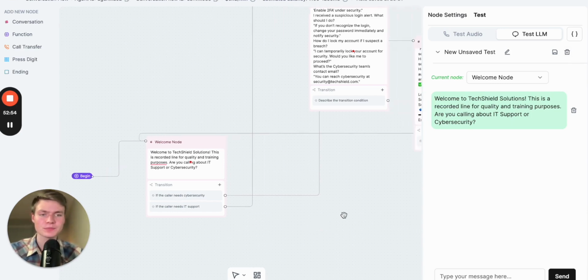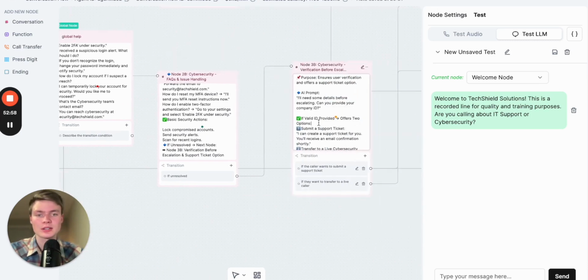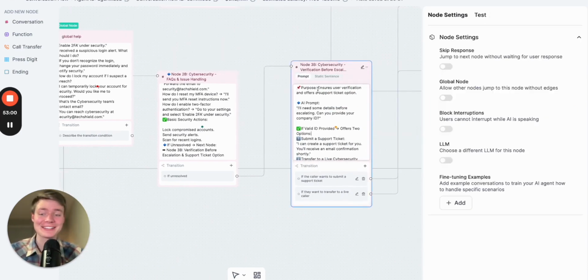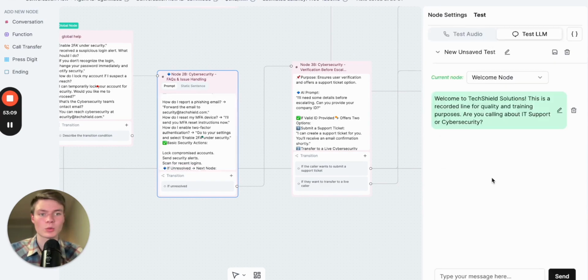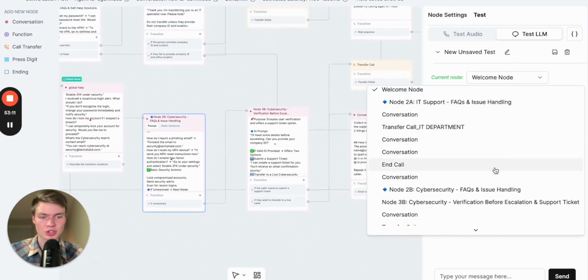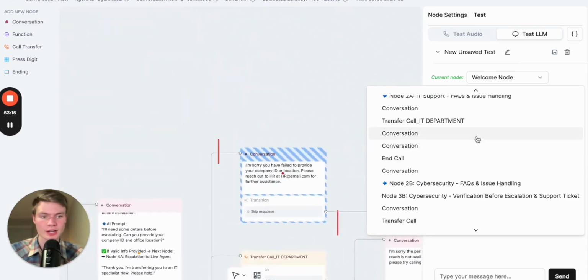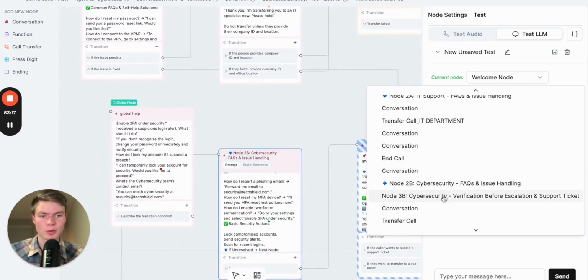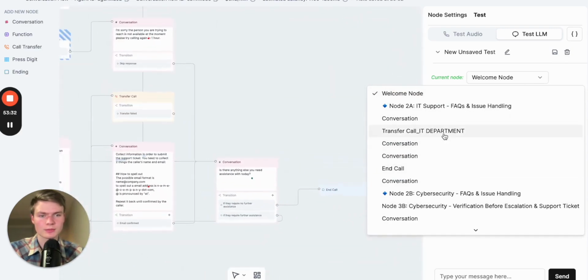All right. So in specific use cases, what you can do is go over here and actually test each node to see how it's performing. And this is so useful. If I want to go in and figure out what exactly is wrong here, why is the prompt not working, I can go choose the node. So look at that, it's moving around. Let's go check out before escalation. It's back. Node 3. Let's go